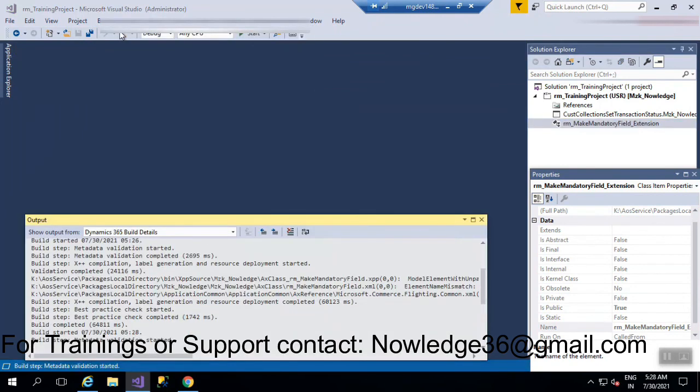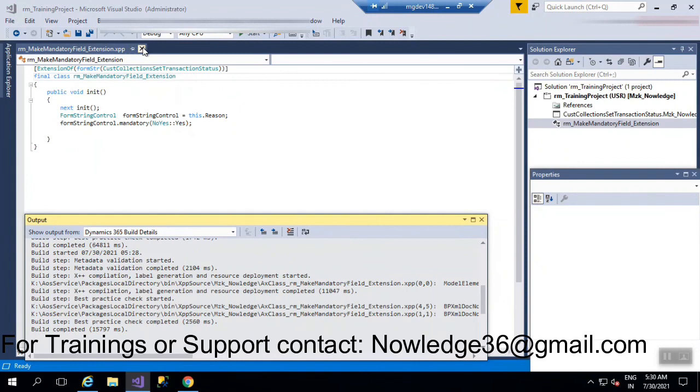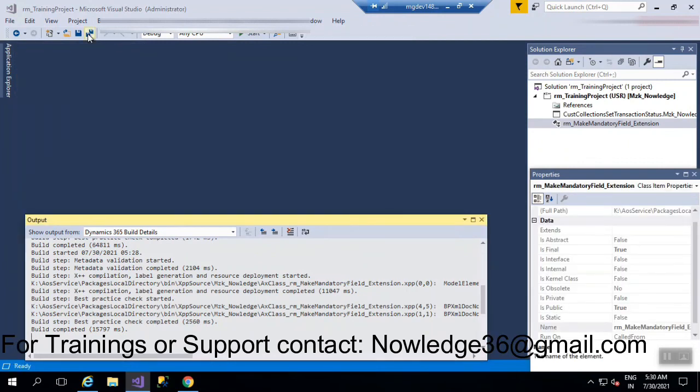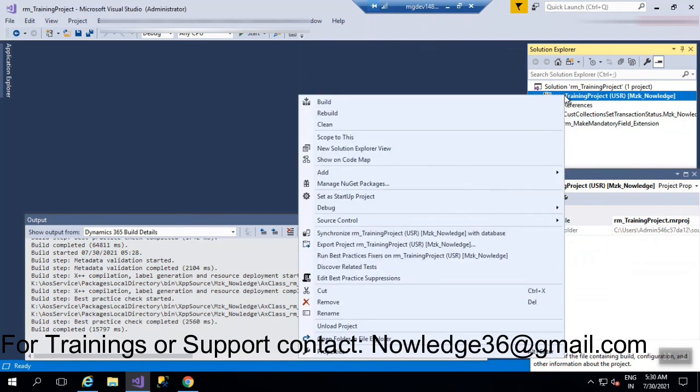So now I'm building my solution. Let's see if we get any errors. I'm just closing this and saving this, and I'll build once again. Let me build this particular project.